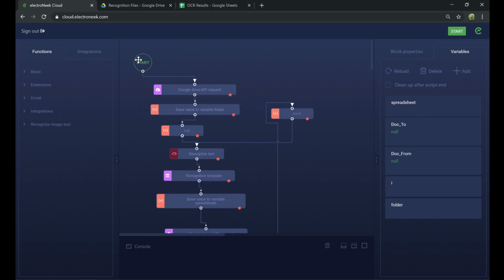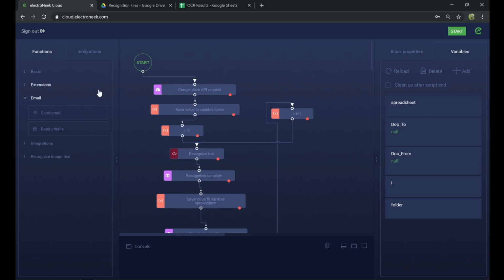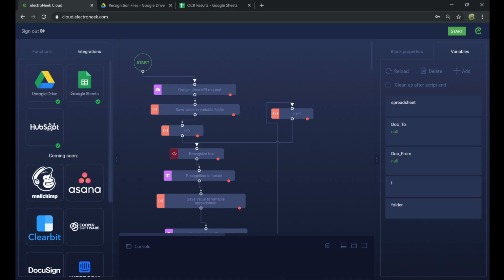Let's quickly take a look at the interface on the screen. On the right-hand side, you'll see individual menus which contain pre-programmed function blocks. These can be clicked and dragged into the interface, making it easy to design the program without an extensive coding background. Furthermore, by switching into the Integrations tab, you can now see that ElectroNeek has the capability to integrate with